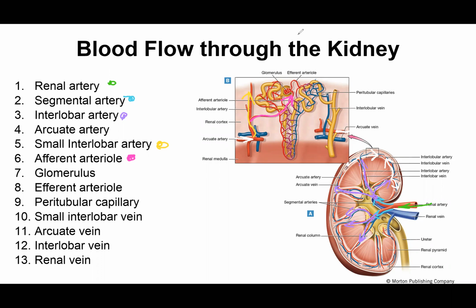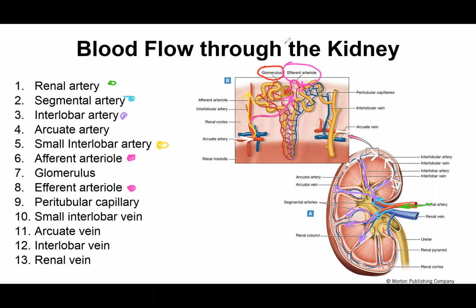And then we reach this structure called the glomerulus. The glomerulus is the point at which blood is going to be filtered out of the vessel and put into this yellow structure, which is called a nephron. Okay, so once we've put the things that we want into the nephron, whatever's left in the blood is going to leave the glomerulus via this efferent arteriole,